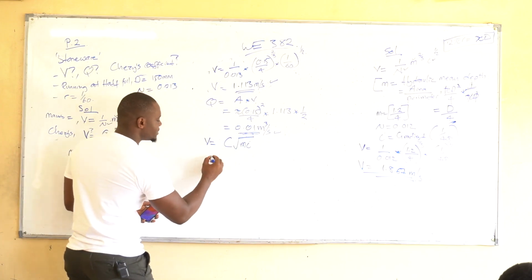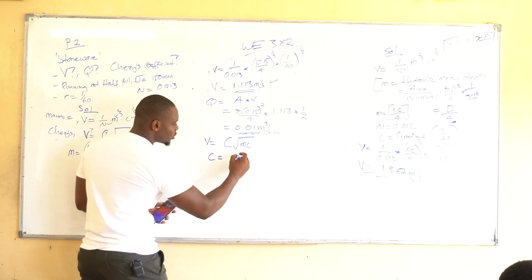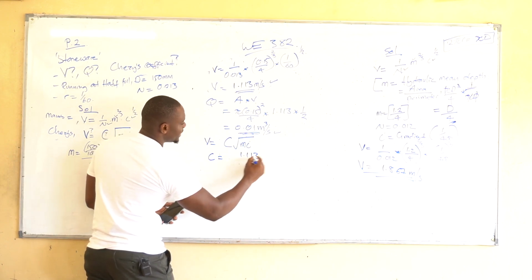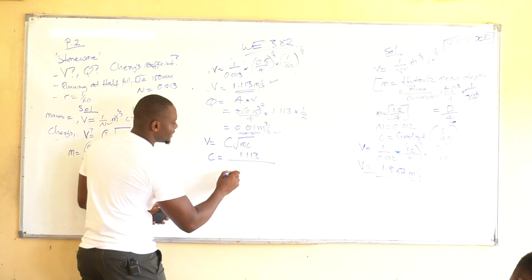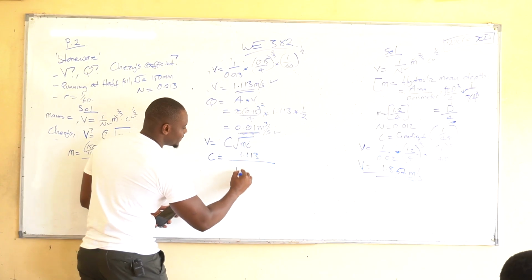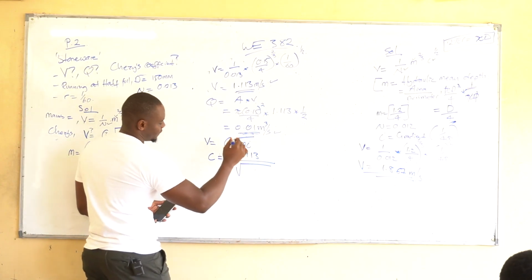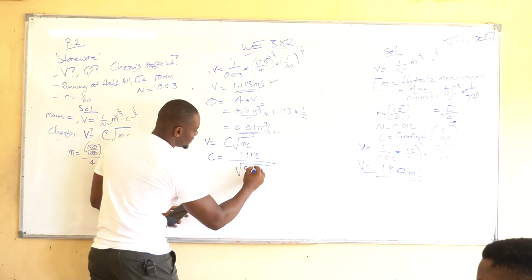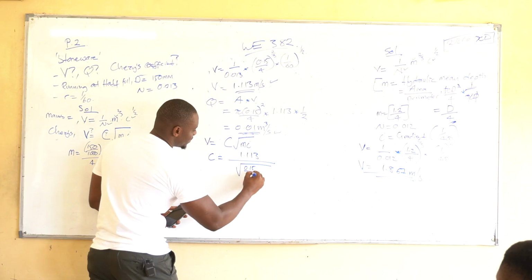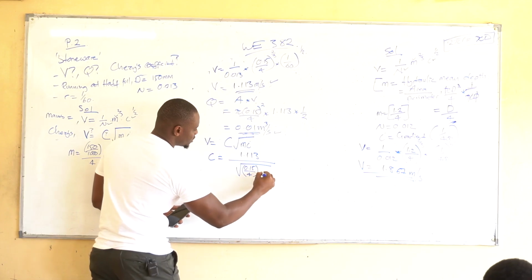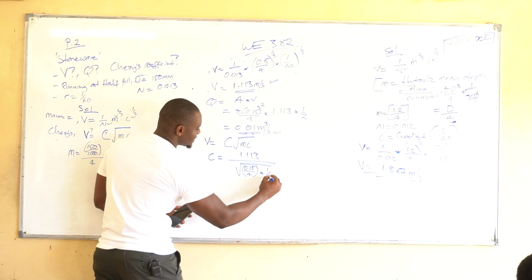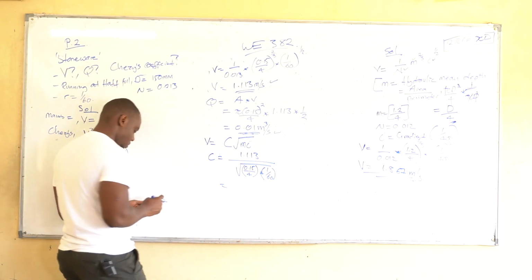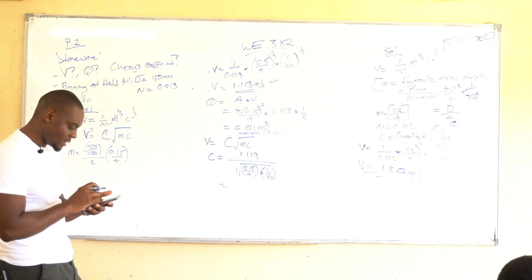So make C the subject, which is equal to your velocity, 1.113, divided by the square root of 0.15 divided by 4 multiplied by 1 in 60. And if you still remember how